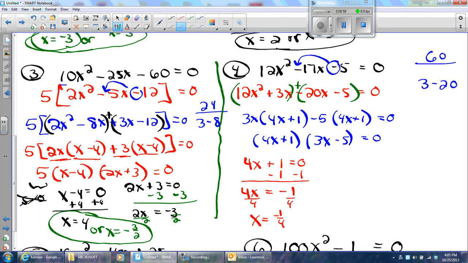Okay. Then I have to do 3x minus 5 equal to 0. 3x equals 5. Sorry, I skipped a step there. Hope you don't mind. Divide by 3. X will equal 5/3, or better yet, 1 2/3. So my answers are x could be negative 1/4, or,